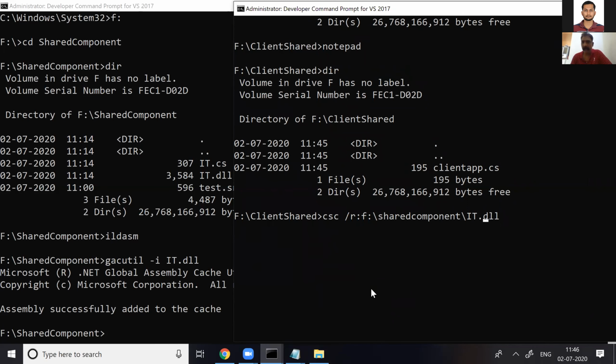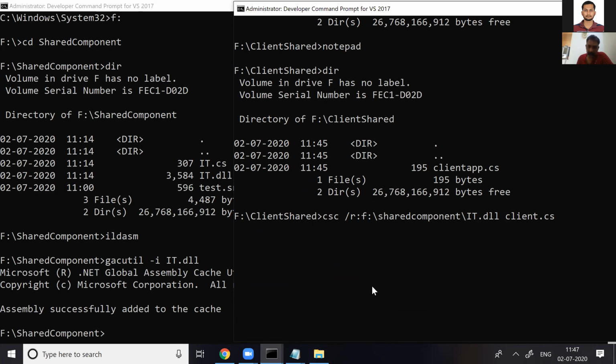And my program, from where I'm accessing this DLL, is called clientapp.cs. I'm sitting in the client shared folder, and the DLLs are kept within the shared component.